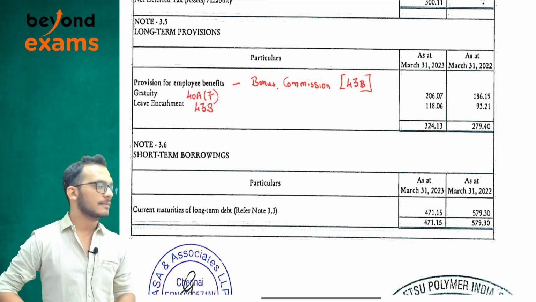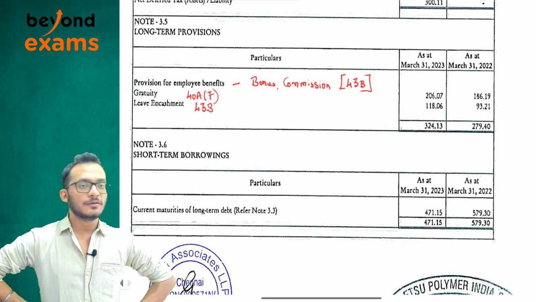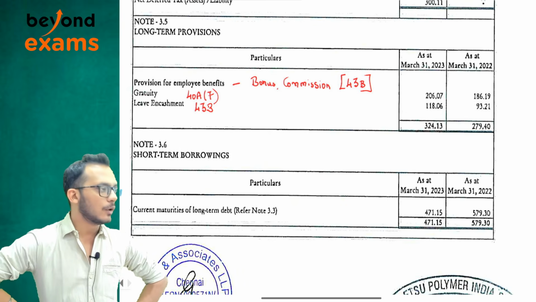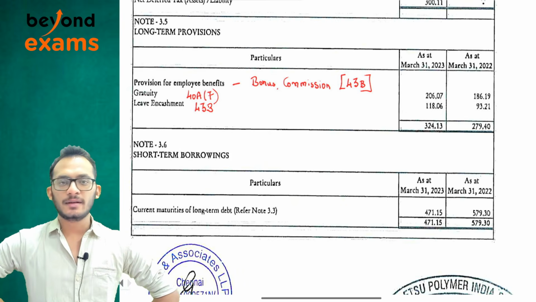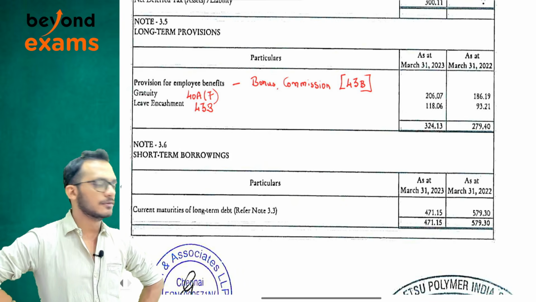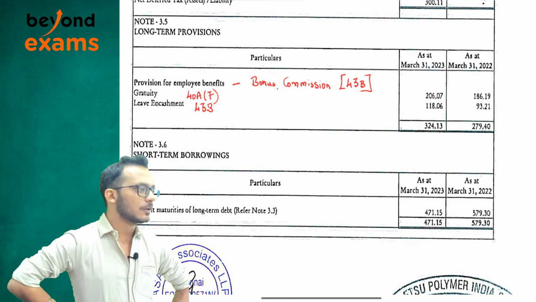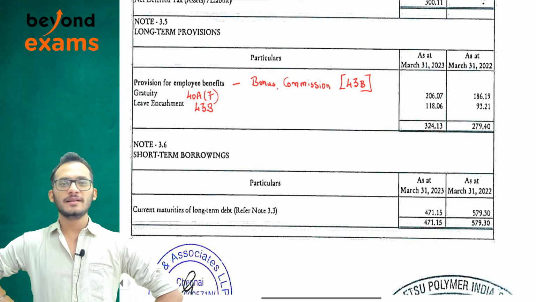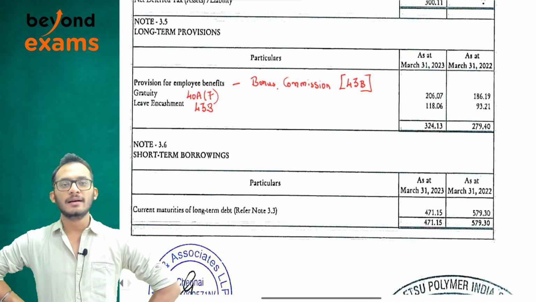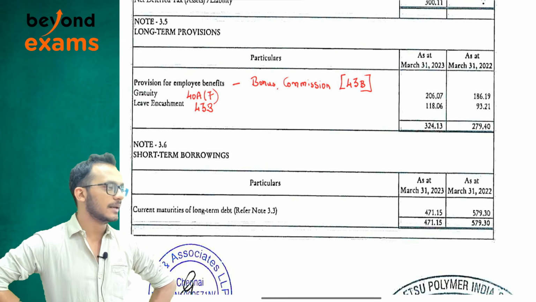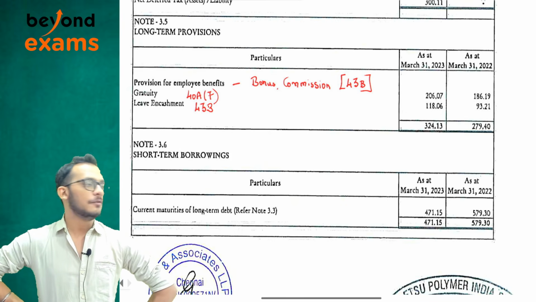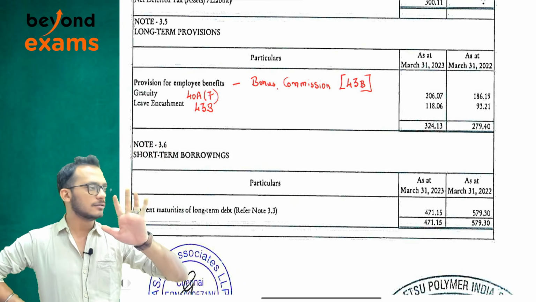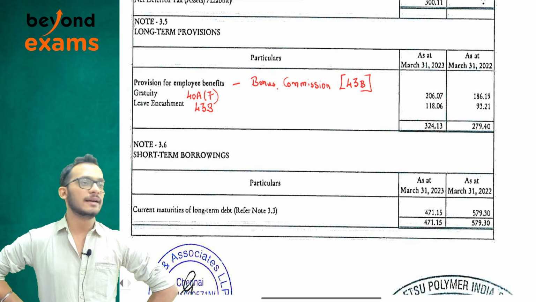Yes, sometimes you have items like provision for customer discounts, provision for warranty. All these kind of provisions don't hold any legal validity in income tax. Income tax does not recognize provisions. However, a Supreme Court judgment in the case of Rotork Controls clarified that you can have provisions in the P&L, but only if there is a scientific basis for it. If you have randomly recognized a provision saying, I don't know, 5% is a number, then it is not an allowable provision. You can only recognize those provisions which are